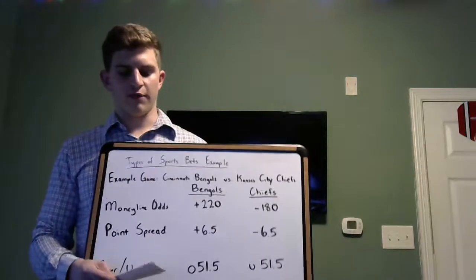The third most common types of sports bets are over-under bets. Over-under bets typically refer to the number of points that are scored in the game between two teams. The Athletic, which I have mentioned previously, refers to it as the total points scored by both teams combined in the game. While these bets can also cover other stats like number of touchdowns thrown by an individual player or by the team, or number of yards rushed by a player, number of interceptions, they typically will always have a bet that encompasses the total points scored by both teams in the game.